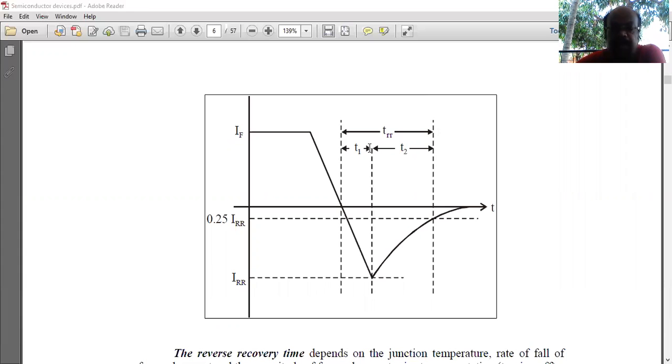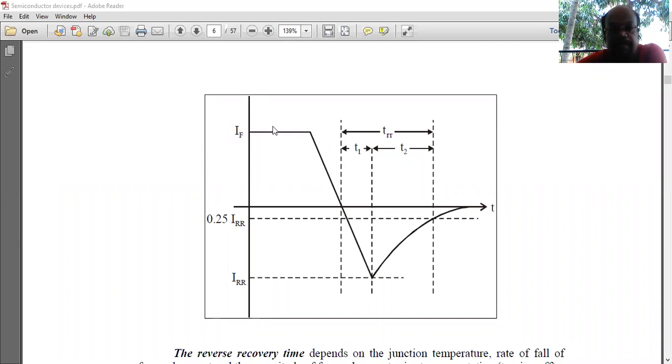Whenever a device is acting as a switch, at the time of on and off, a certain amount of energy will definitely be wasted. The reverse recovery time also adds additional losses to the switching losses, so the TRR should not be large.